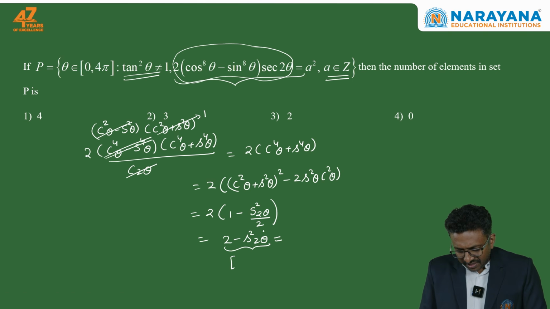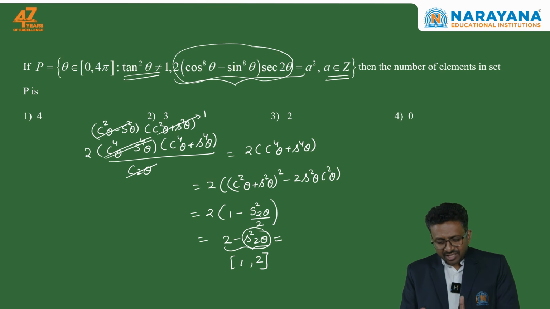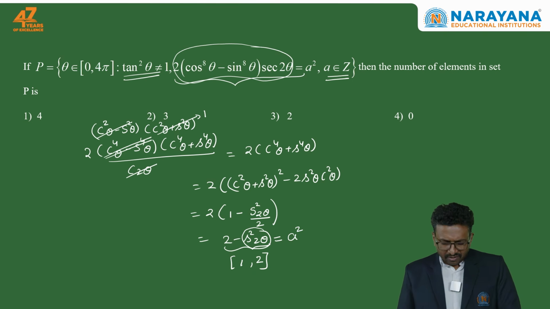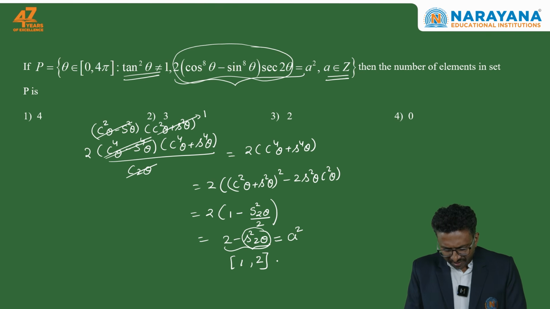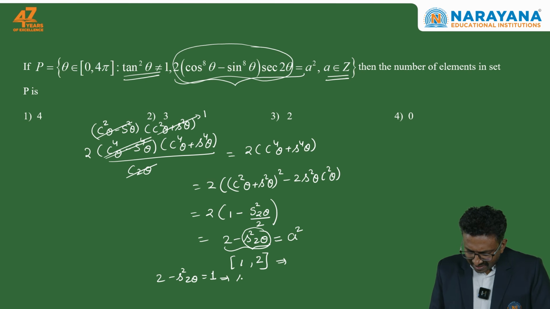Okay, so clearly, sin square 2 theta's range is 0 to 1. So 2 minus sin square 2 theta belongs to the range 1 to 2. And this has to be a perfect square, of the form integer square. So between 1 and 2, what are the integer squares? There is only one number. So this implies 2 minus sin square 2 theta has to be equal to 1, which implies sin square 2